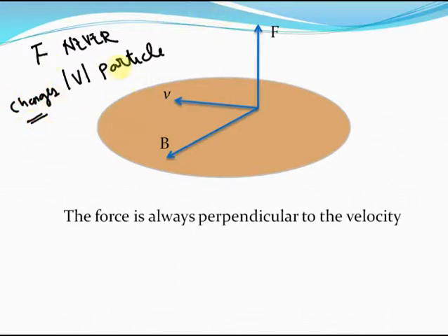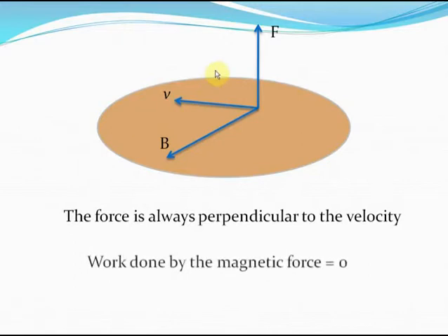And the core reason why this happens is that the magnetic force is always perpendicular to the velocity. So no matter what the velocity direction is, the magnetic force becomes perpendicular. So if in any direction the velocity increases because of the magnetic force, immediately the magnetic force again becomes perpendicular to the final net new velocity. Understood? This might seem a bit difficult to grasp, but try to visualize it and you will definitely get it. Now, the work done by the magnetic force is always zero. This is again a fascinating concept that you have to remember for all competitive examinations.